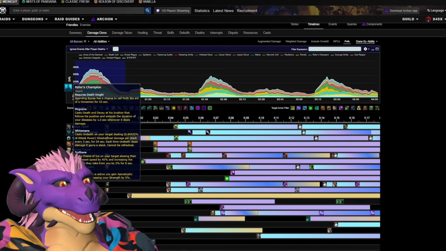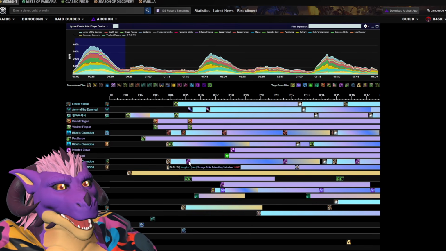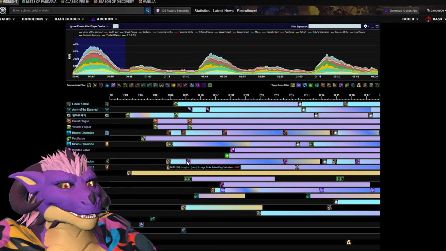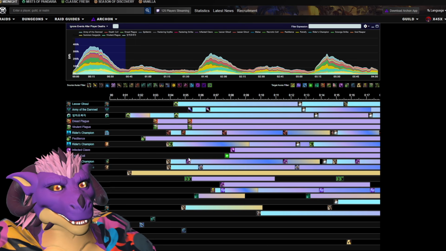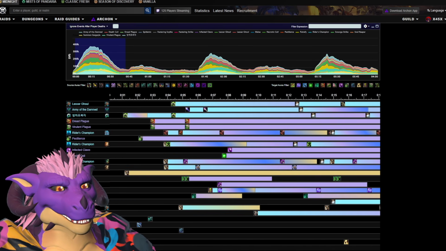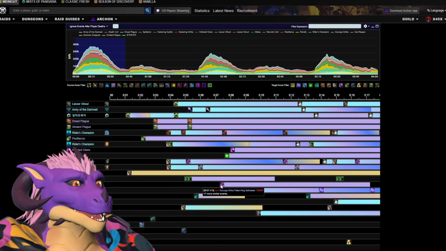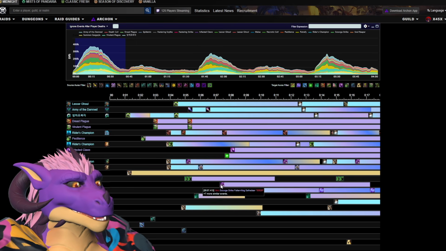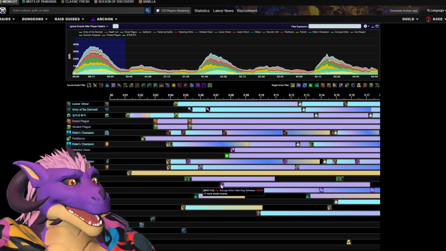So you can have an idea of, hey, where's the first Scourge Strike? Oh, it's here. Okay. So it was like 6 seconds in, they're pressing their first Scourge Strike. Okay, good to know. And this is Rider's Champion Scourge Strike. Where's our Scourge Strike? Oh, that's a fantastic question. Here's Scourge Strike. So our first Scourge Strike is almost at 8 seconds. Oh, that's really useful to know. They took a lot of time to set up there.